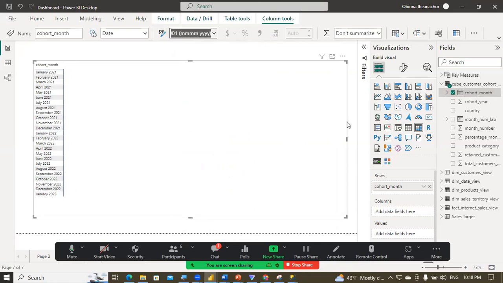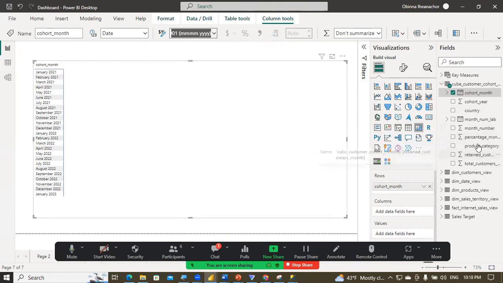And then you see that I don't have data for 2020 here. So I filtered 2020 out in Power Query. I took it out, right? So in case yours is different, you can take out 2020. I want to just stick to recent years, the last 2 years. So 2020, 21, 2022. So I have the cohort month on the rows, and